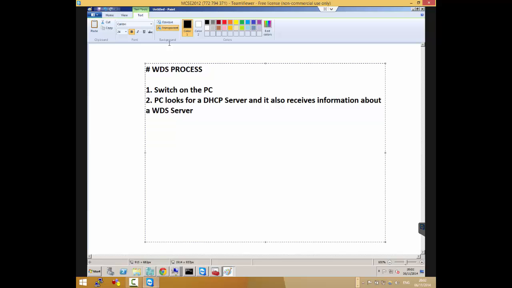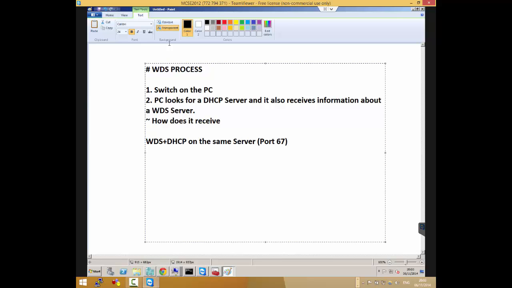So how does it receive information about a WDS server? When you create the DHCP server, it depends. If you create it on the same WDS server, there are some settings that change. If I recall, you need to block port 67. And if, let's say, the DHCP is on the domain controller itself, you need to configure something about port 60 so that the client can receive the information about the WDS server.